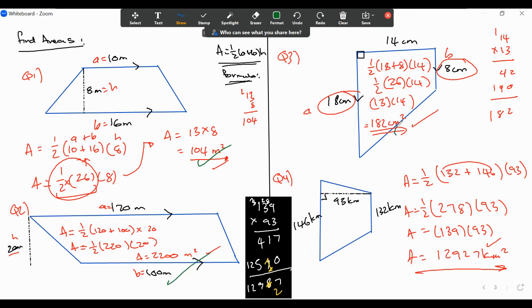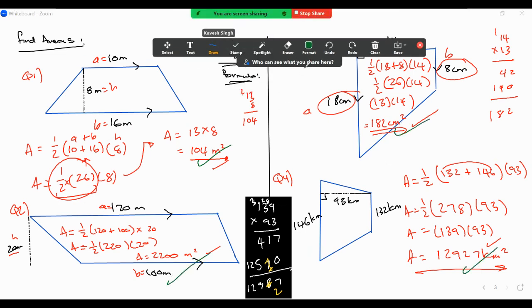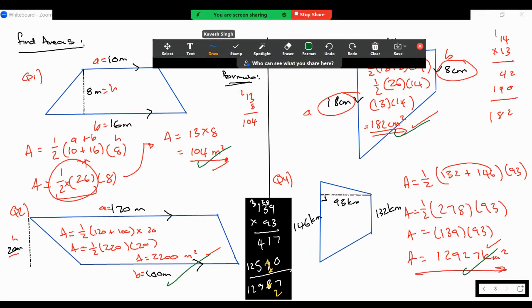Okay, so all done there. Without a calculator, and if you can do this like this, that's pretty good, because you're testing your ability